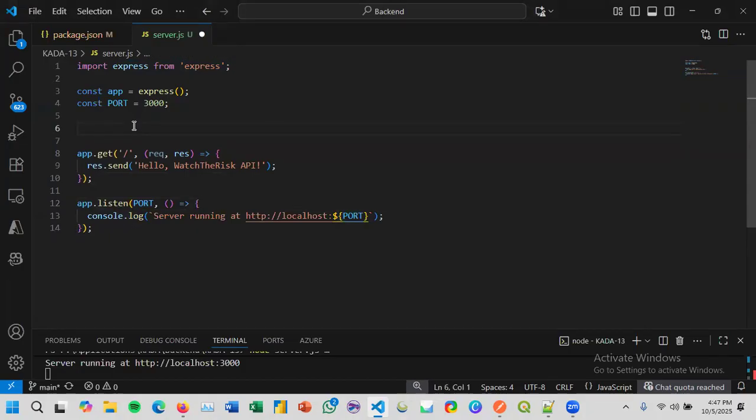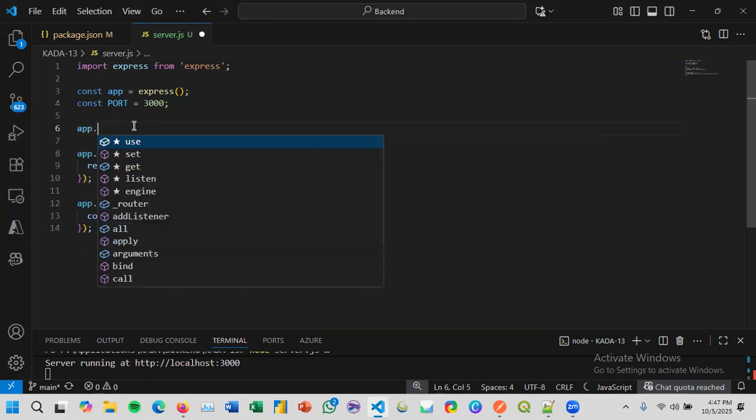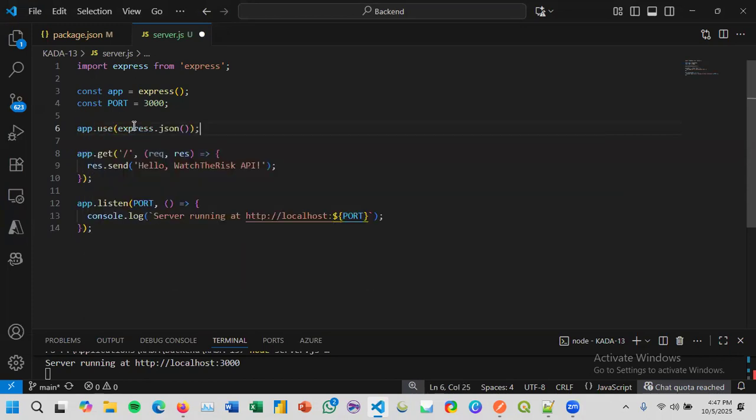Let's talk about global middleware first. In this server, I will use the global middleware express.json. This is a global middleware for parsing JSON. Without this, all JSON data sent by the client through POST requests will not be read, so the request body will be undefined without it. That's why this line must be before routes. This is what makes POST requests work later. So never skip this.